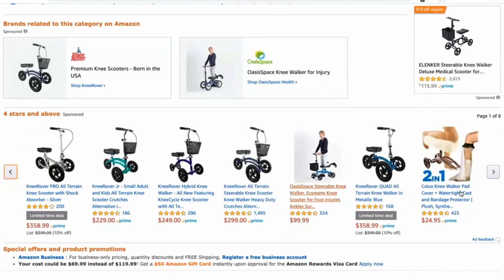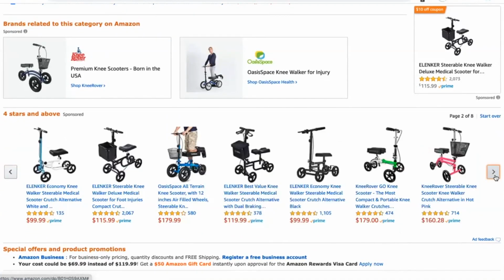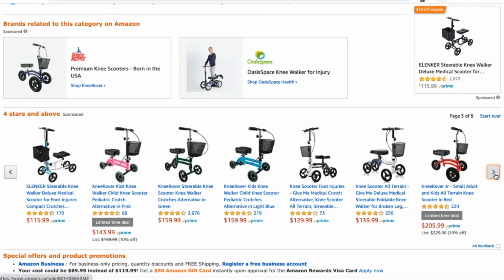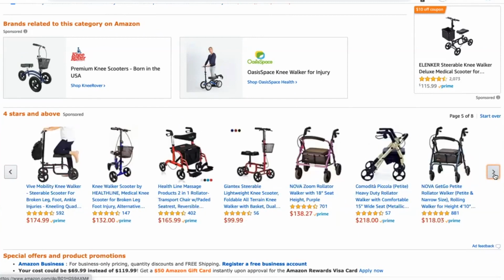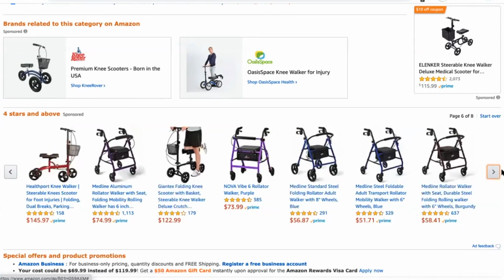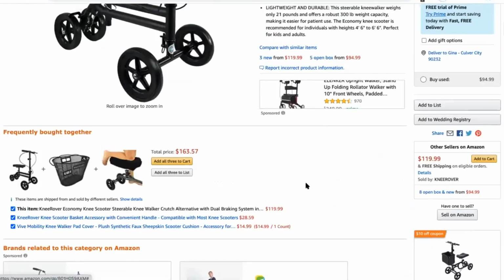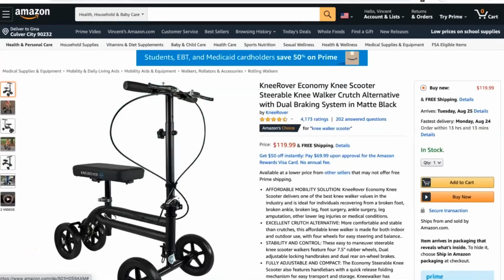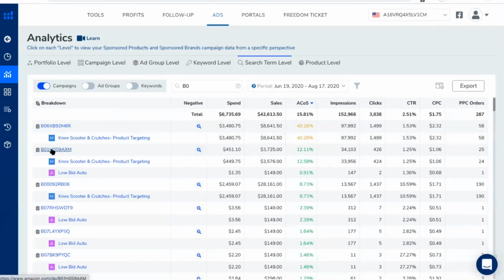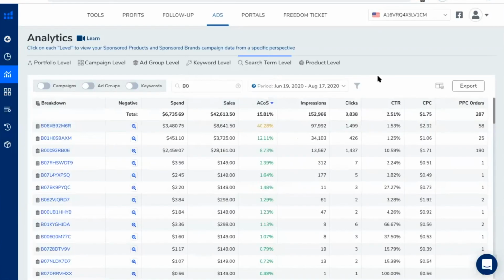So these are very powerful ad units because they're on the listing of another seller. So I don't see it, but basically you get the idea, this is the area or another ad unit here where this particular campaign was showing in order for this ASIN to show up on your page as a search term.